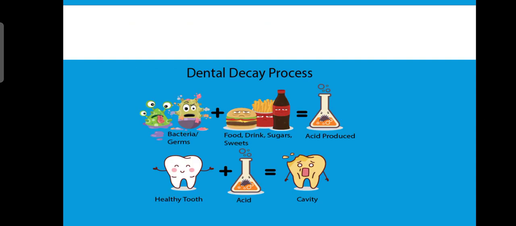Now, the bacteria and germs, our bacteria is already present in our environment, in our healthy oral environment. But when bacteria and germs are mixed with food, drinks, sugars, and sweets, the acid is produced. And as you know that the junk food contains germs also, so when the acid is produced,